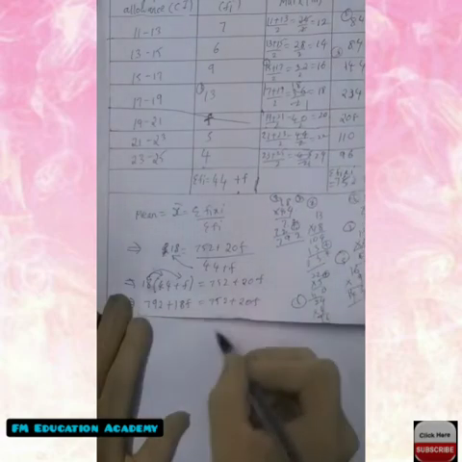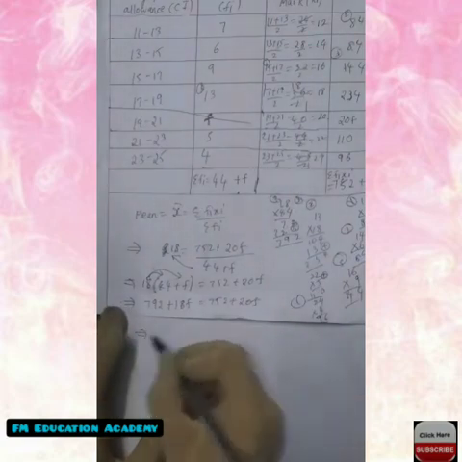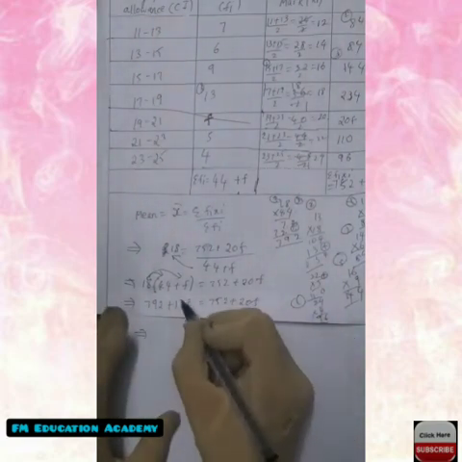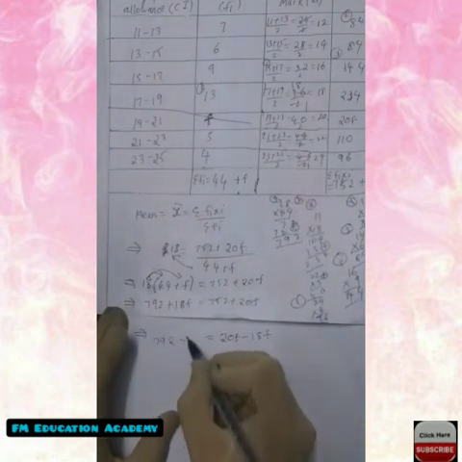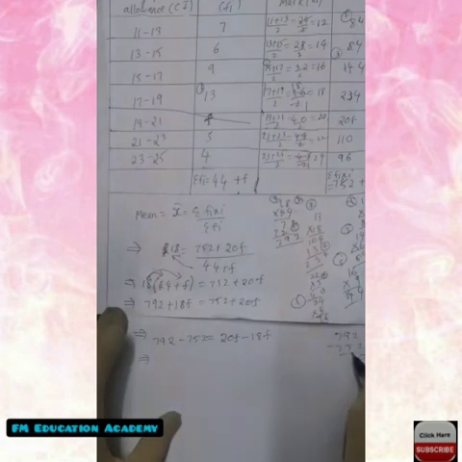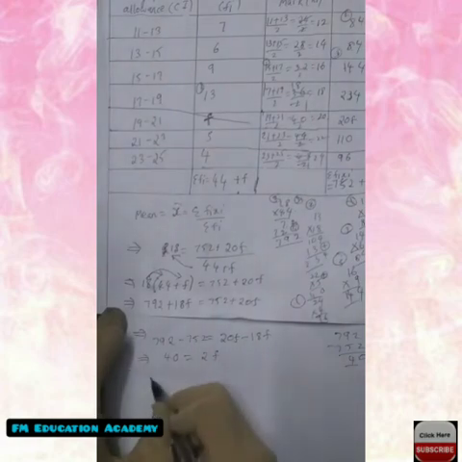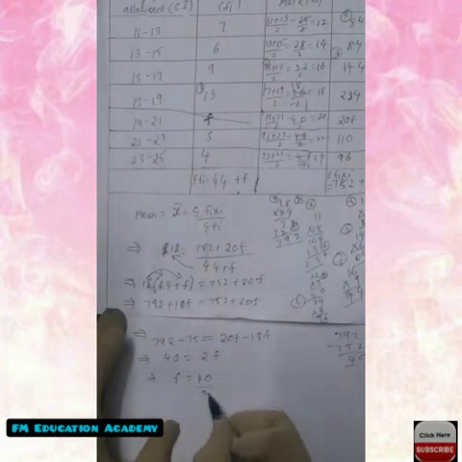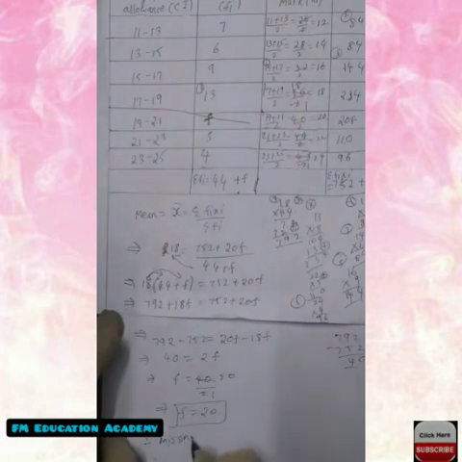Now this is the type of linear equation in one variable. So variables on one side and numbers on the other side. So 20f is here, plus 18f will take that side, it becomes minus 18f. 792 is here, plus 752, if it comes to this side, it becomes minus 752. 792 minus 752: 2 minus 2 is 0, 9 minus 5 is 4, so 40 is equal to 20 minus 18 is 2, and f as it is. So f is equal to 40 by 2. 2 1s are 2, 2 2s are 4, 2 0s are 0. So f is equal to 20. It says find the missing frequency. So we will write, therefore missing frequency is 20.